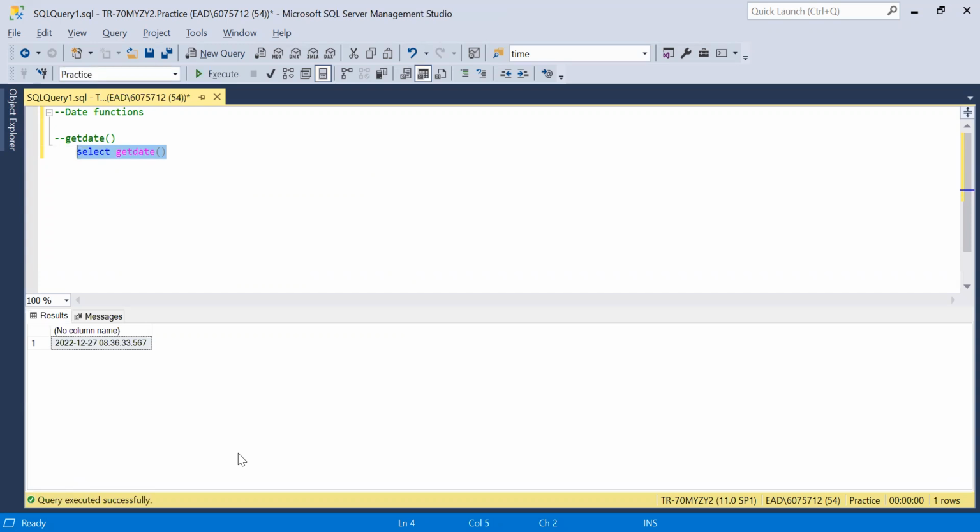It will give us the current timestamp, with date and time. And there are different functions. Just month, select. So if you want to get only the month